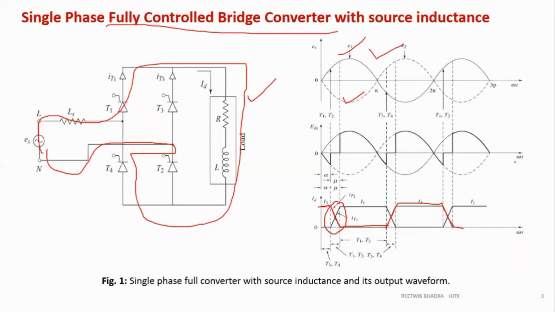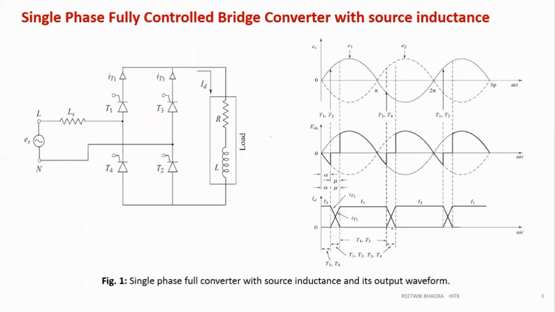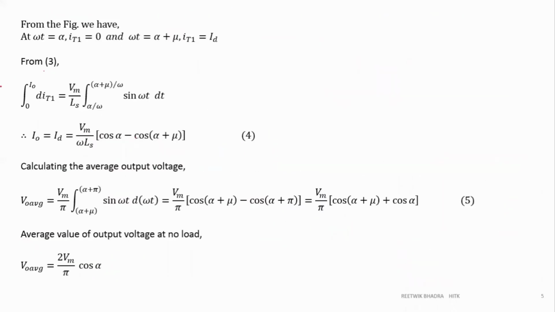But my axis over here is omega t. So from omega t equal to something, suppose alpha, I can easily find out what t is, that is alpha by omega, and substitute it as a limit. Be careful over here because the integration is with respect to dt, so you have to put the limits of the integration in terms of t. So now what we are doing is putting in the integration limits.